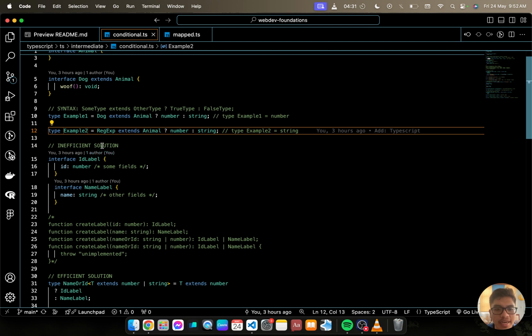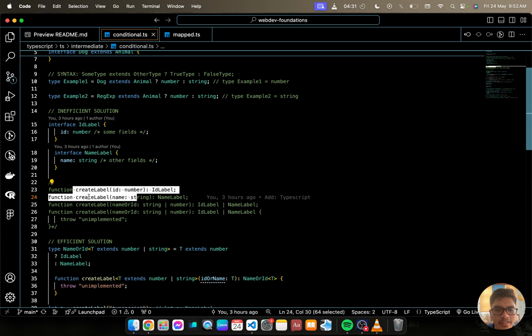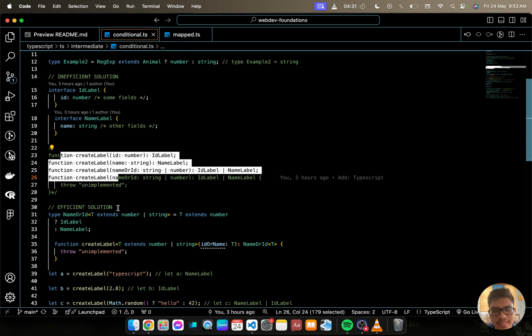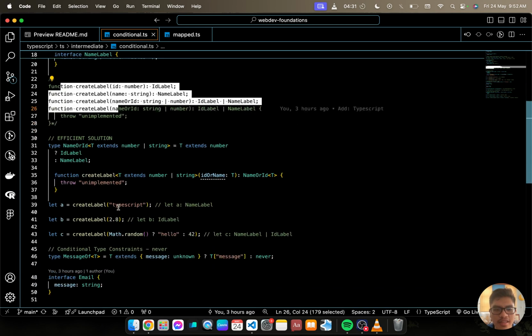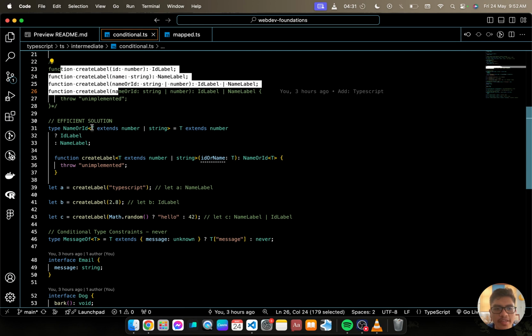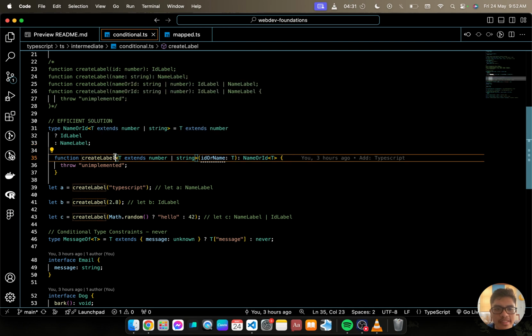So here we have an inefficient solution. We can create label multiple times. Or what we could do instead is use conditional type. So here we have type name or ID where T extends number or string, equals T extends number, ID label, name label. Okay, so what does that mean? So that means that if